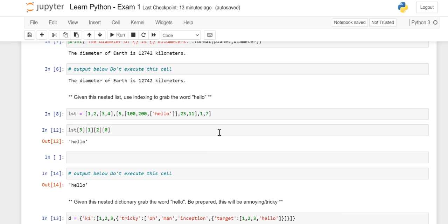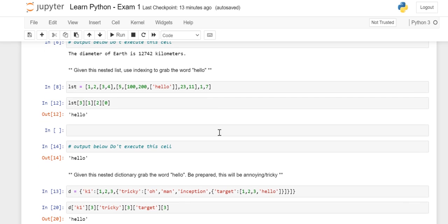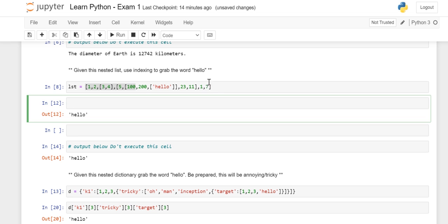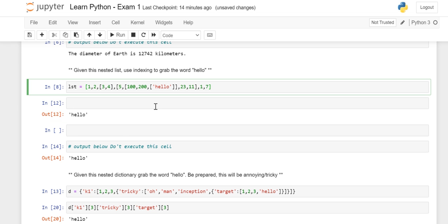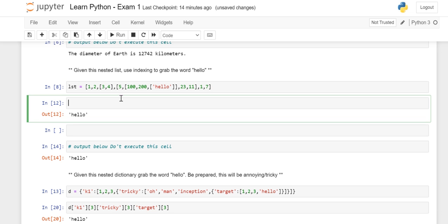This was a very important question. This is the usage of how to use the index in a list or in any of the sequence type data types, the dictionary, or when we learn about tuples and sets, how to get certain values. Here you can see the list, and it is a nested list. Our objective was to get the output as hello. Yeah, I got stuck with this question.